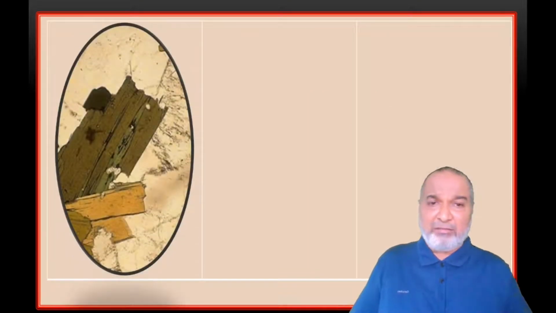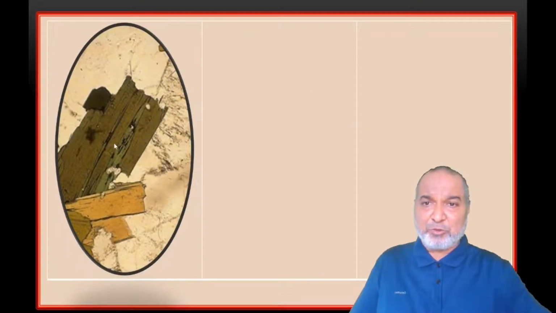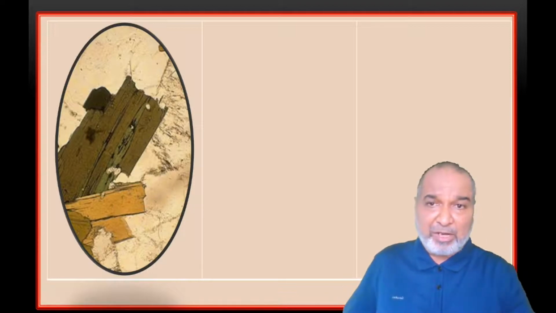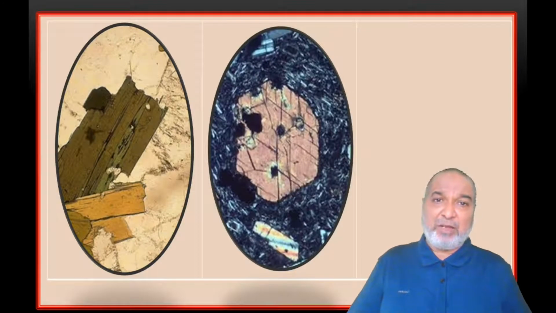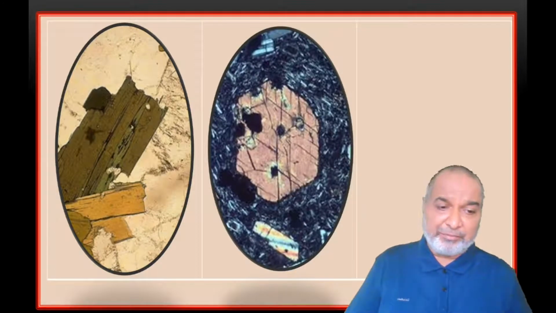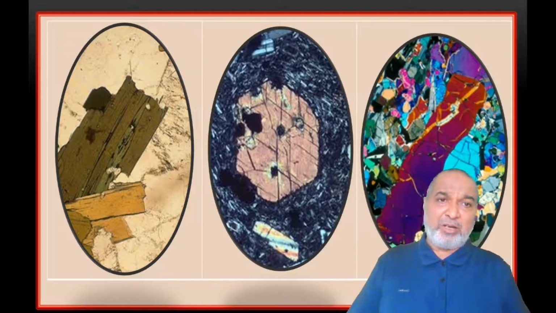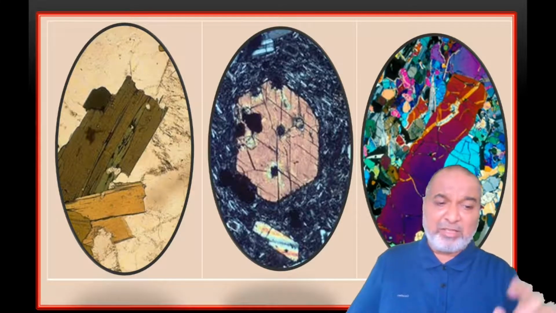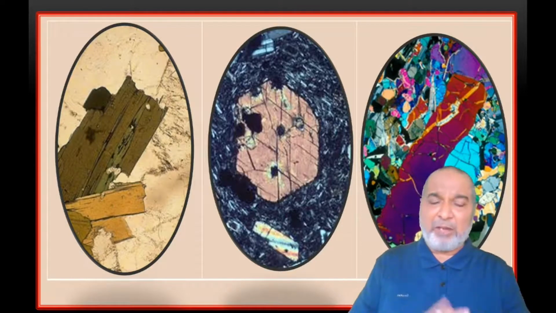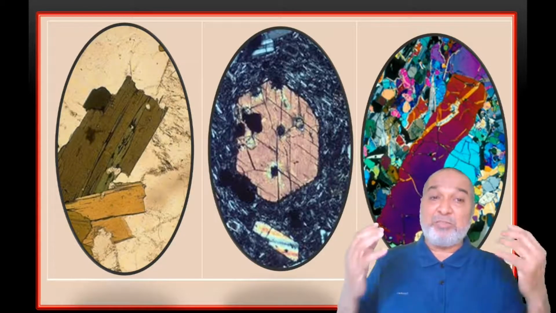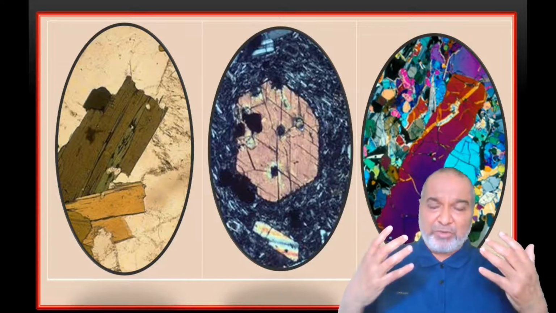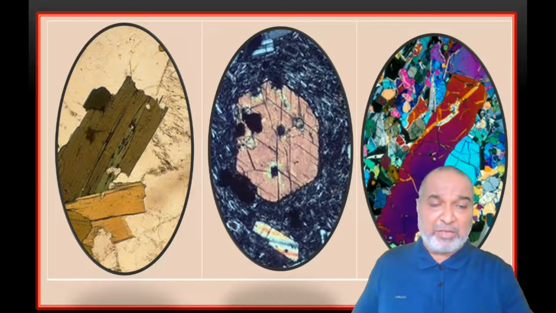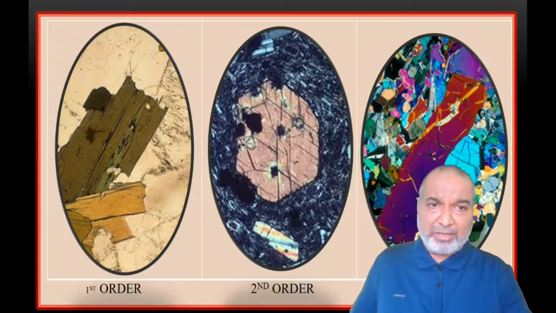The first diagram under the microscope shows you the first order interference color, and that is biotite. Come to the second one. That is the second order. Now you can see the third order interference color. So first order, second order, third order. I think this will be clear. It will require practice. You have to make out and visualize. Whenever you observe with interest, you immediately recollect, and that is the best way.